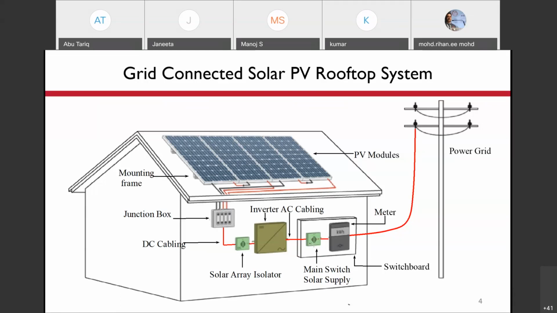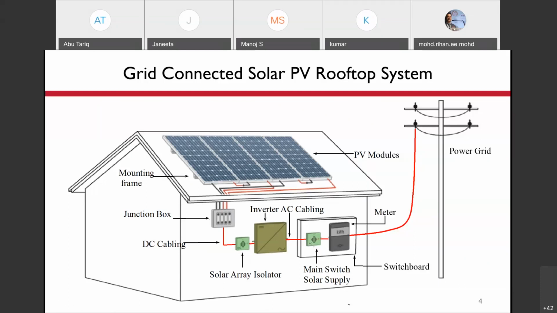So this main switch, or the switchboard here, receives 2 supplies, one from the PV array and the other from the grid. So it is a dual supply. Okay. So these are the main features.